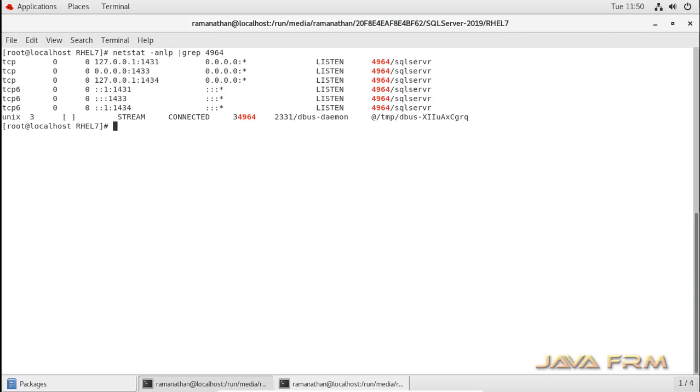This command will be short and will be useful for you. Okay, so we confirm the usage of ports 1431, 1433 and 1434 by SQL Server 2019.